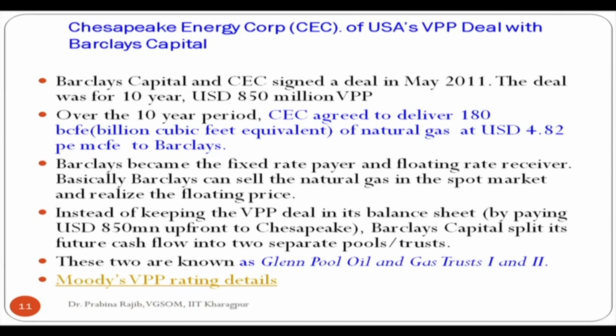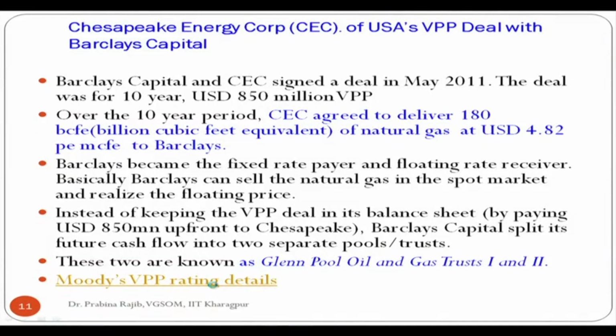Whatever natural gas it is going to receive from CEC, it issued 2 bonds or 2 pools, and the investors who invested in these 2 pools will be getting benefit from the price at which Barclays is going to sell the natural gas. So these 2 pools were known as Glen Pool Oil and Gas Trust 1 and 2,